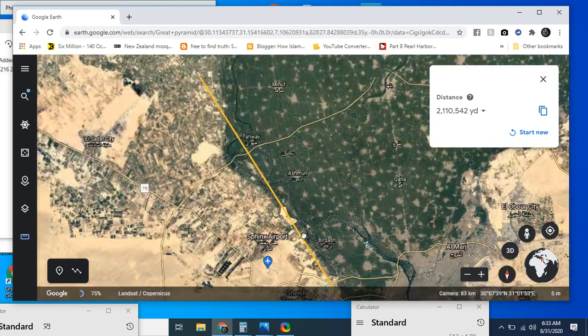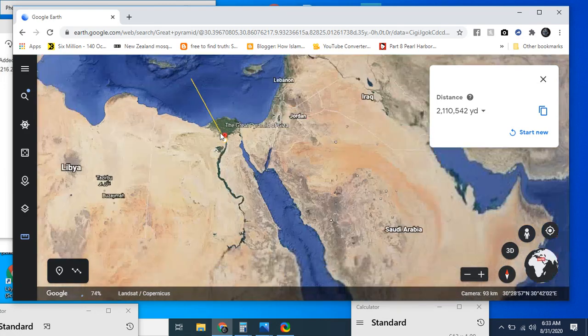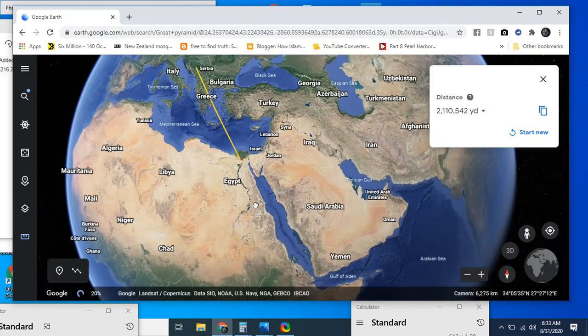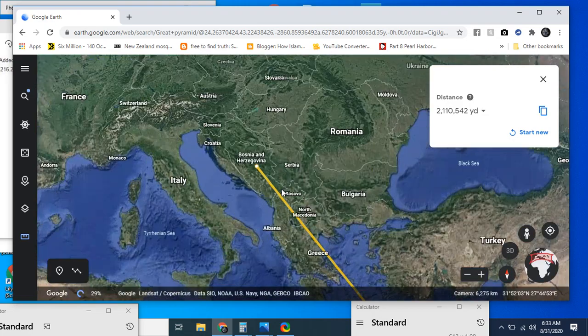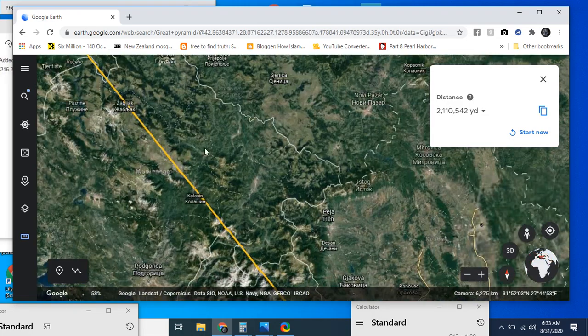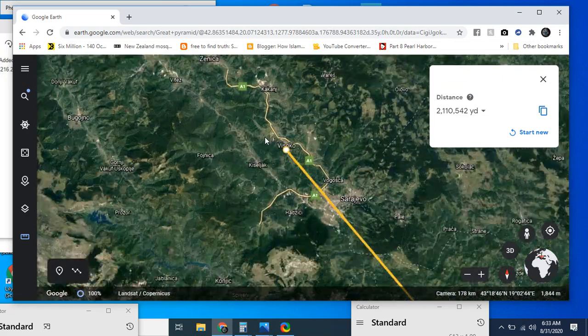In fact, I want to show you something else here. Well, I need to zoom out some more. We'll get back over here to our pyramid in Bosnia. Zoom in, zoom in. And this kind of blows my mind too,